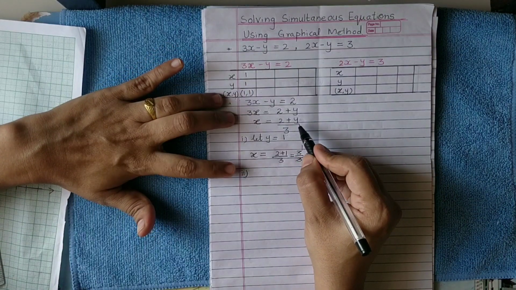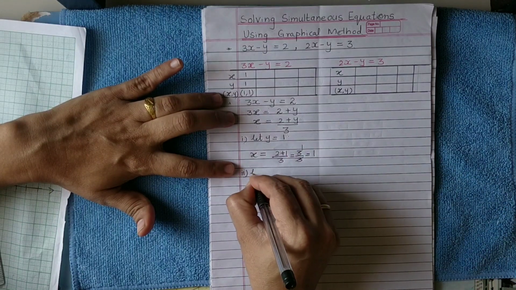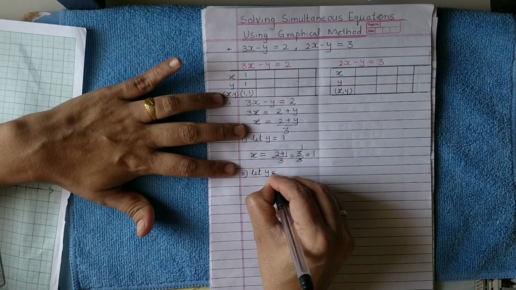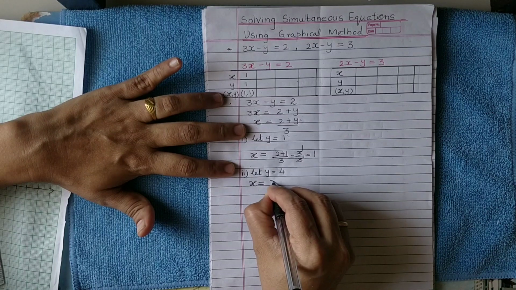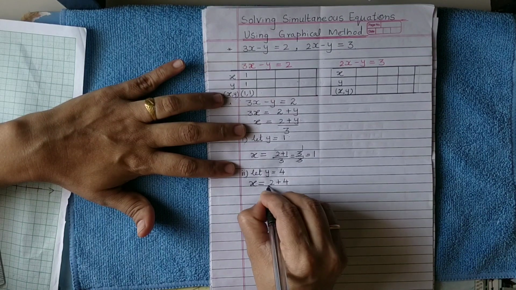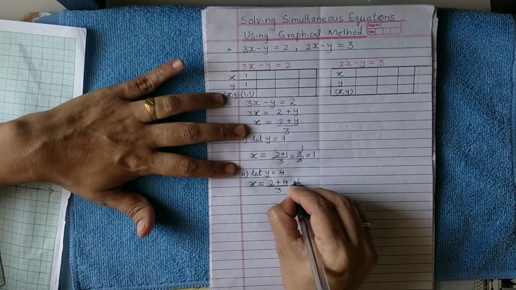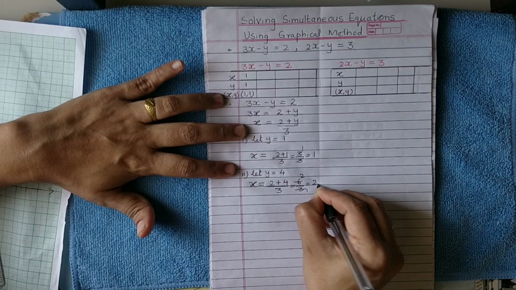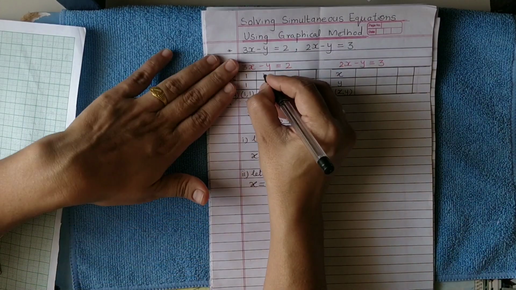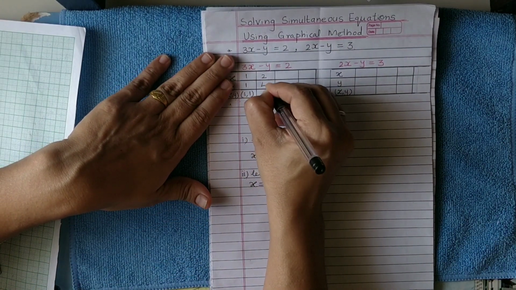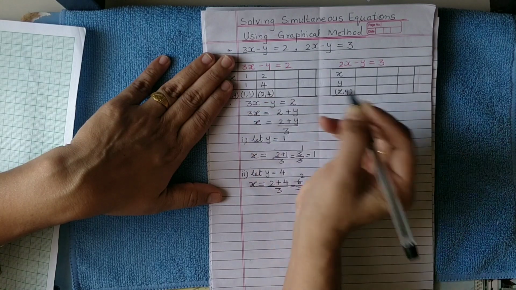Second one, think of one more value of y such that it is still divisible by 3. So you can think y is equal to 4 if you take. So 4 plus 2, 6 you get. So here you have x is equal to (2 plus 4) upon 3, 6 upon 3, that is 2. So what are the coordinates? x 2, y 4. Do not exchange by mistake. Be careful. So our coordinates are (2, 4).